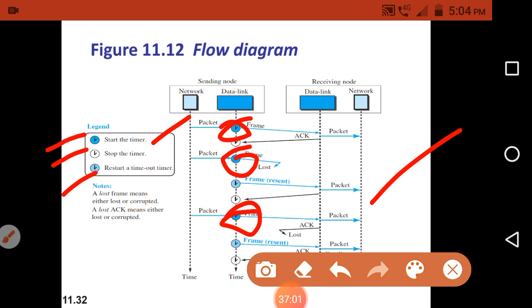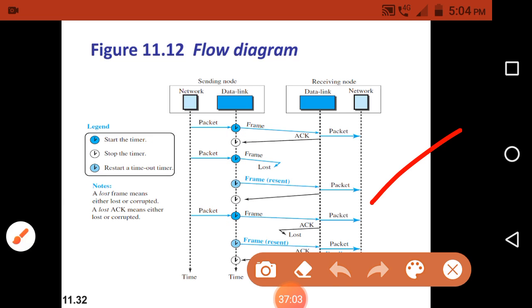After that, these unfilled circles, this and this one, are stop the timer. The second one is again a circle filled with color, but a somewhat lighter color.